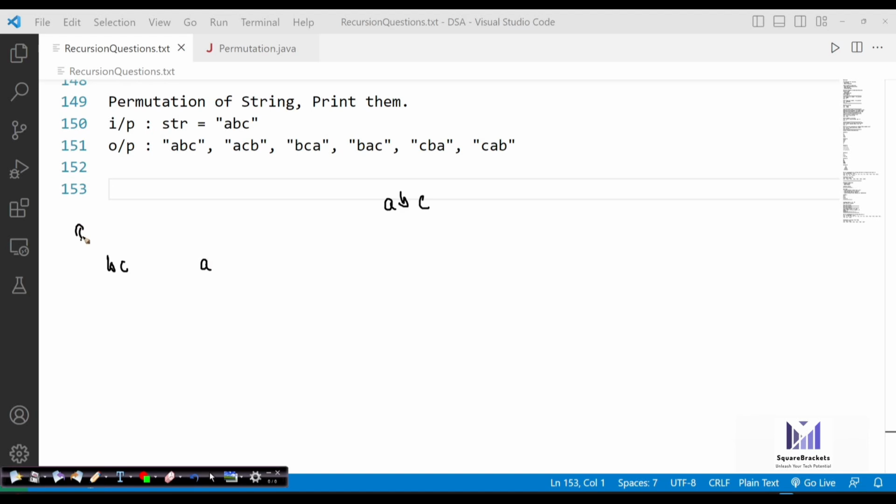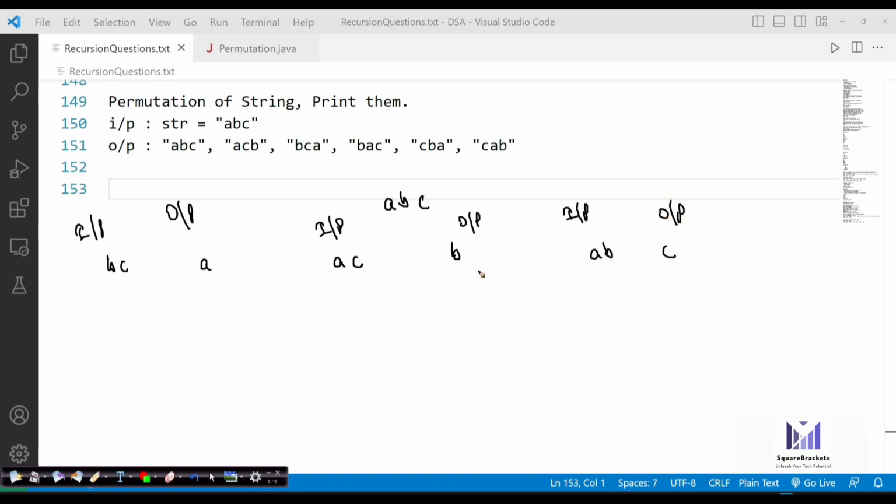So this is your input and this is the output. This is how I have stored BC and A. The second time we'll be storing AC and B, and third, we have AB and C. So this is how we have to store.